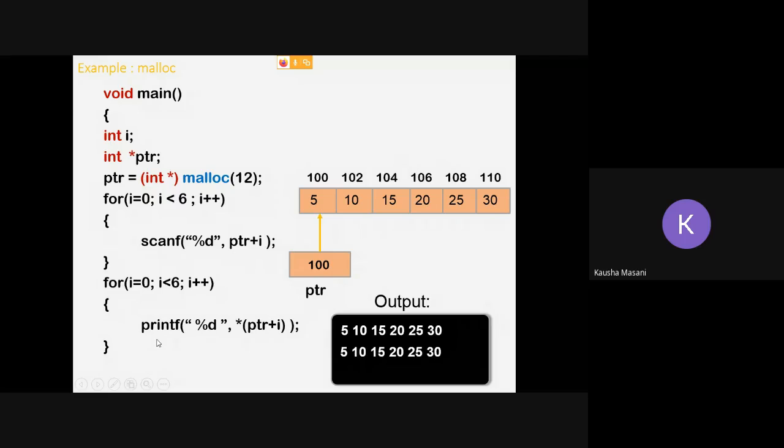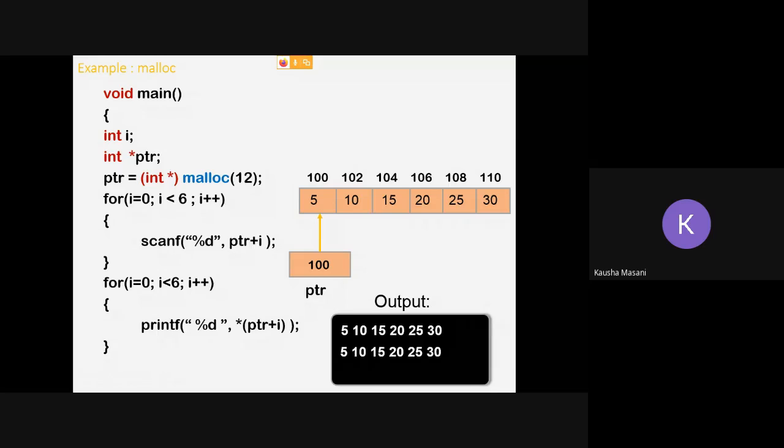Now it is coming to your printf part. The only difference till date in this printf is that you are using pointers here, ptr. So after the comma, generally if it was a variable, we would directly have written the variable name, that is comma i or x or y, or if it was an array then it would be arr of i.